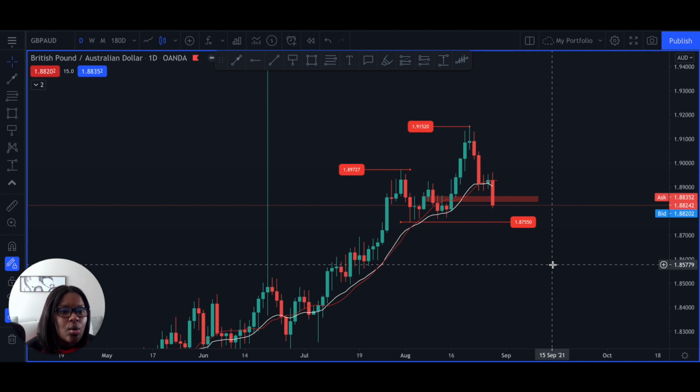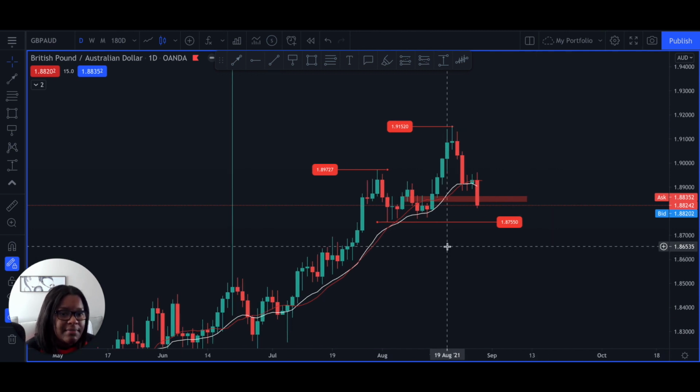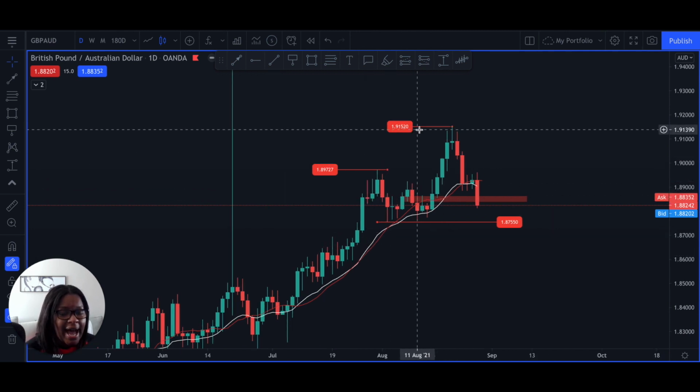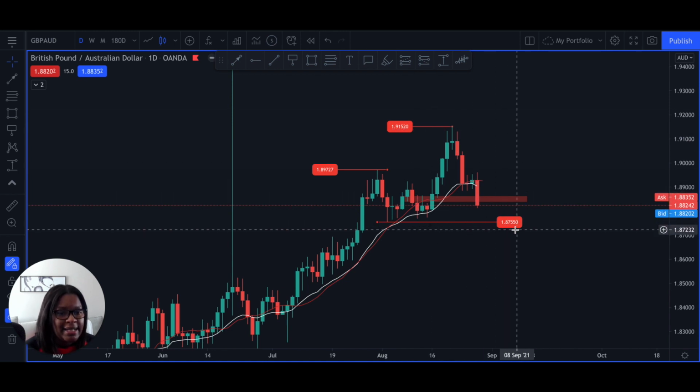Now let's go to pound AUD. As you guys can see here, pound AUD is in an uptrend, and let me show you guys what I mean. If you take a look here at the last higher high, it is at 1.91520. Now I'm liking this and where price is because it's still above the last higher low at